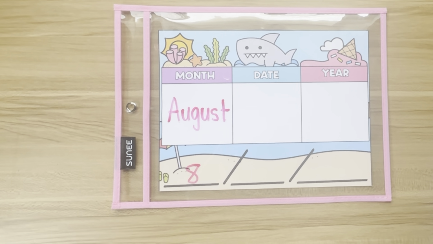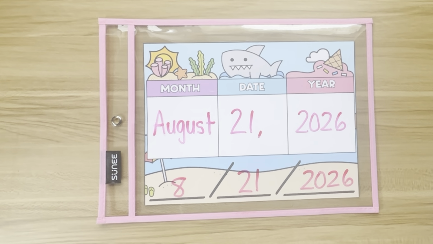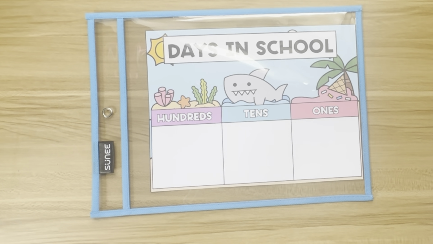The second way to use the resource is to track the number of days students have been in school. Students can update the days in school place value chart and identify how many tens, ones, and eventually hundreds are in the number. For example, if it is the 14th day of school, students can show 1 ten and 4